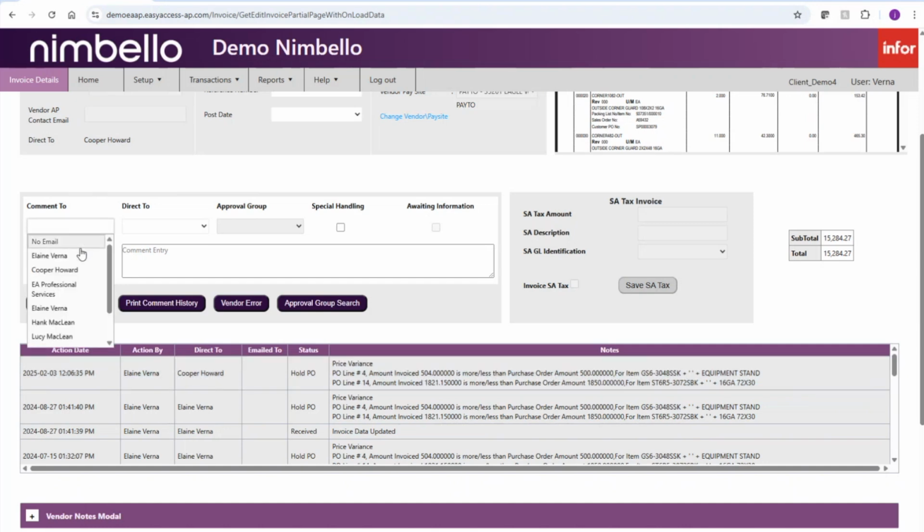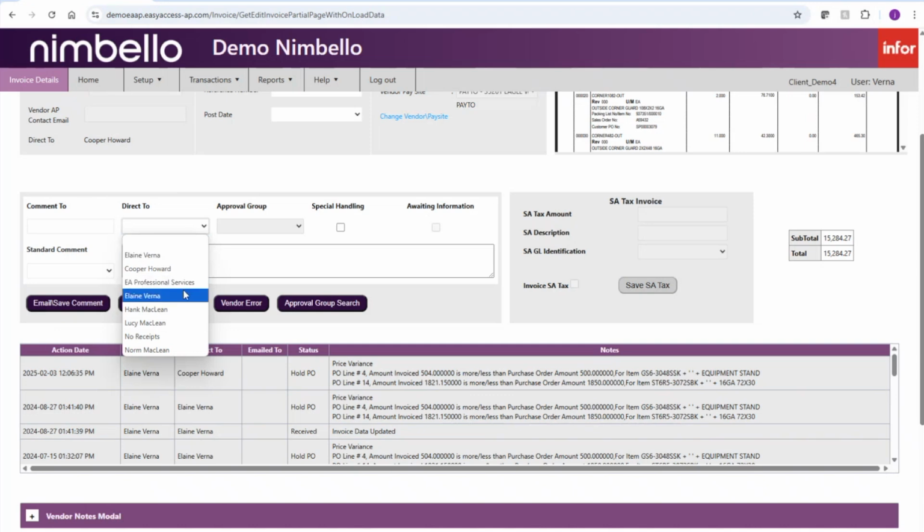So you can comment to various individuals within the site, including the vendor if you need to. If you have vendor portal enabled, you can even email directly to the vendor and ask the vendor questions. You can redirect invoices. So you can send the invoice to somebody's queue so it shows up on their My